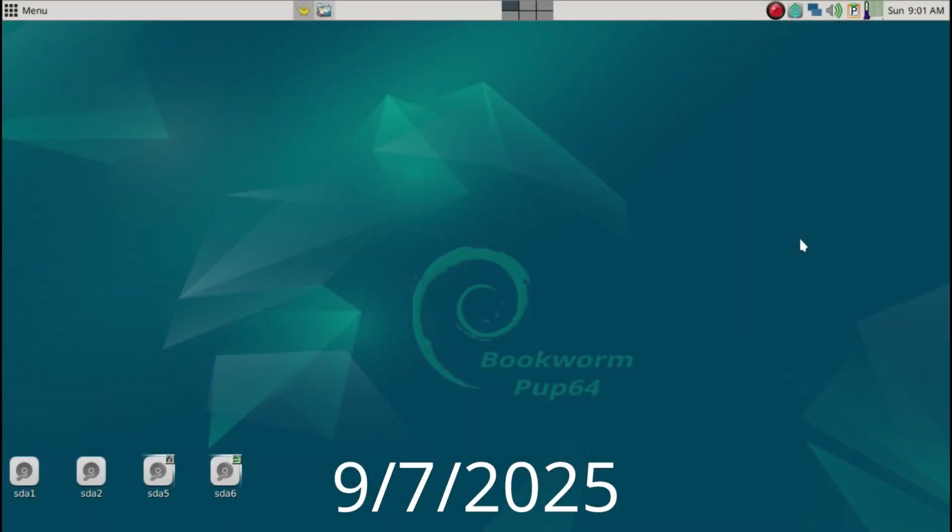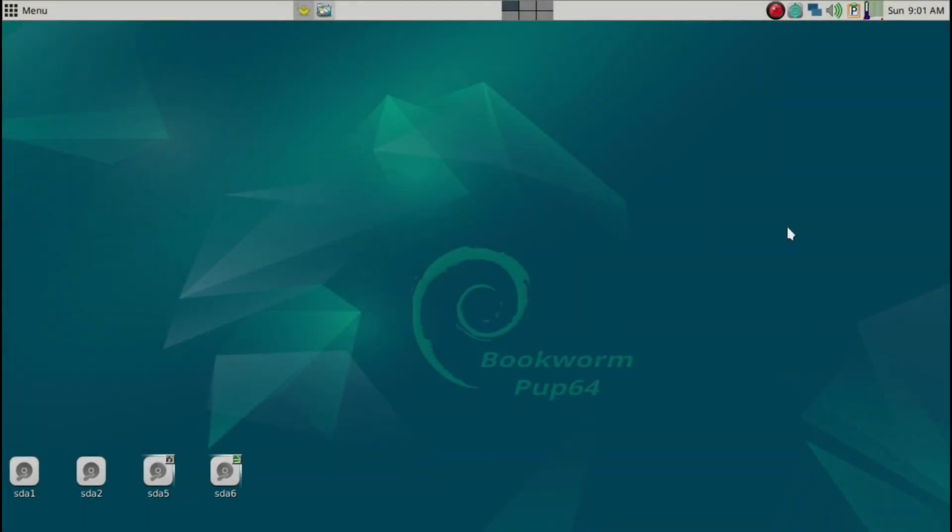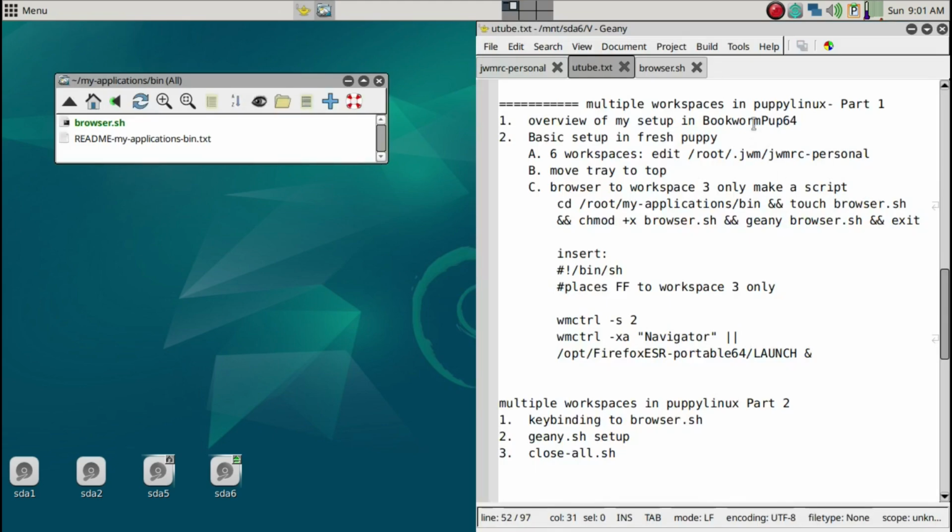Today's going to be a continuation of workspaces. So today is part 2. And in part 1 yesterday, we set up workspaces, and then we got the browser working with a browser.sh script. So now, rather than having to type browser.sh with a terminal command, it's much easier to go ahead and